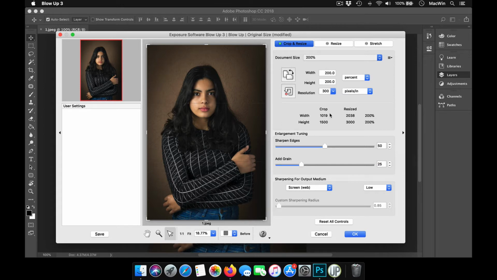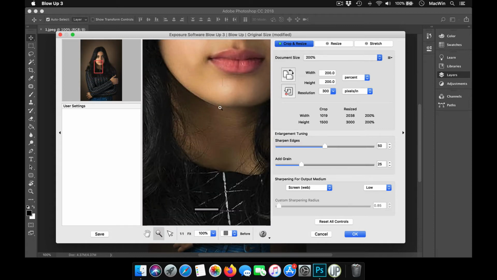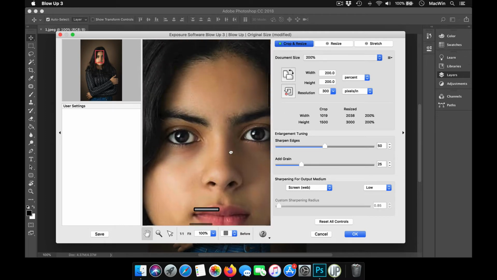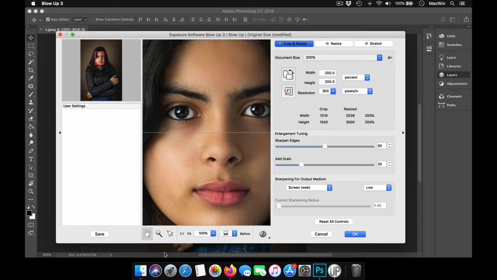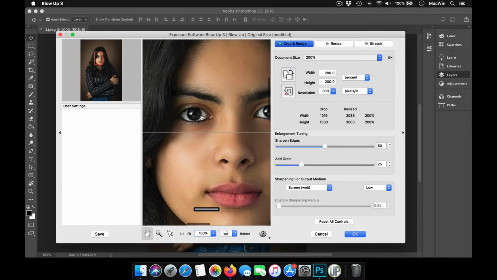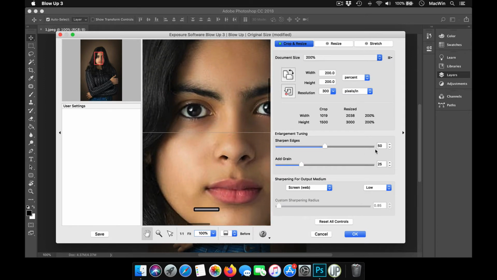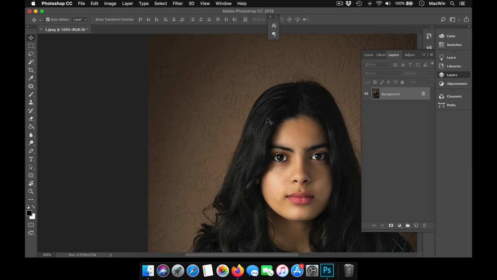And if you happen to notice it now, you can see it very clearly in the place where you have the eye. So I can show you the before and after view. You could see the blurriness in this area. When I scroll it down, you can see that it is becoming sharper. Just press OK, and your image has now been resized.